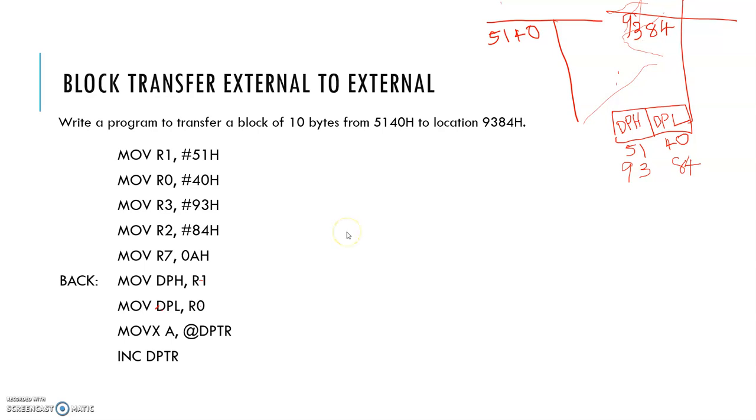So before that we need to store the value, or we increment the value, the current value in DPTR, that is 5140. So the next location is 5141. So here we need to take the next value from 5141. This value should be loaded to R0 and R1, so that R0 and R1 point to